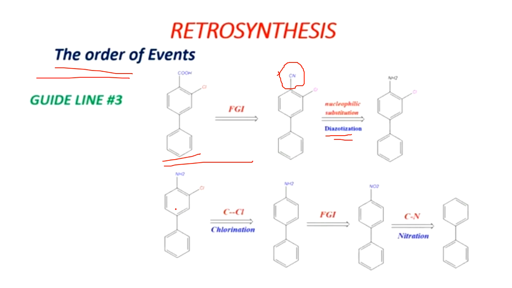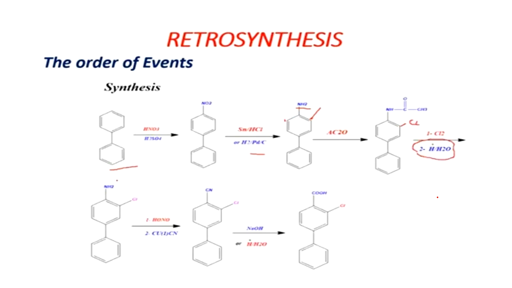So on this NH2, after chlorination, there is a fragmentation through this. So we are getting this biphenyl compound. On the biphenyl compound we are doing the nitration reaction. Here the NH2 group is again converted into an NO2 group, and after that we are doing fragmentation through this. So we are getting this biphenyl compound, which is our readily available starting material. After that we have to do synthesis on our given molecule.